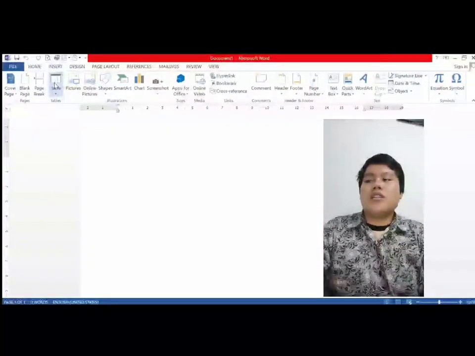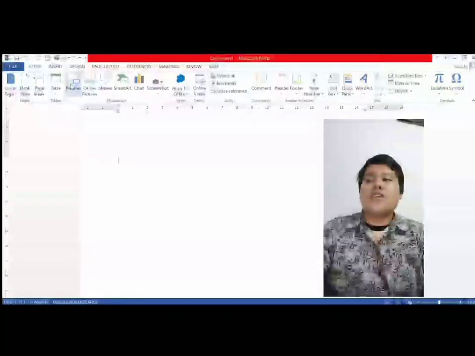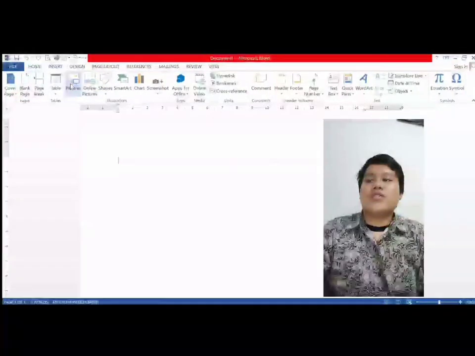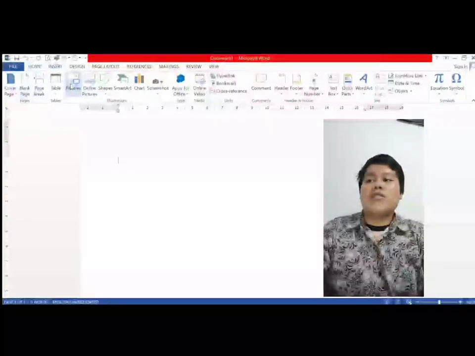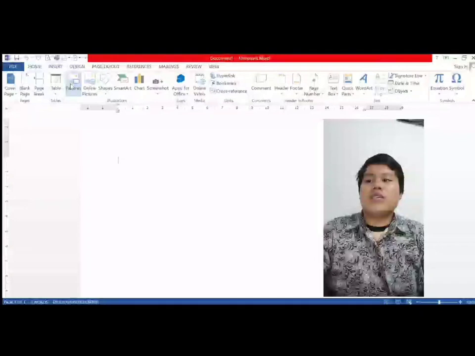Table icon is the function, a table is a great way to organize information within your document, and the Picture icon is the function to insert a picture from your computer or from another computer that you're connected to.